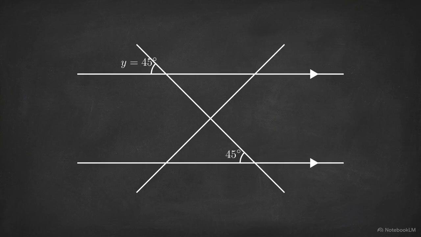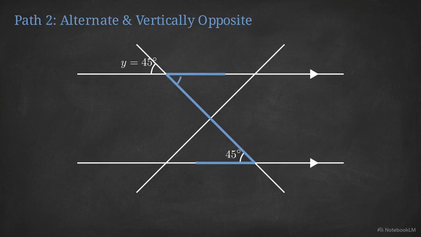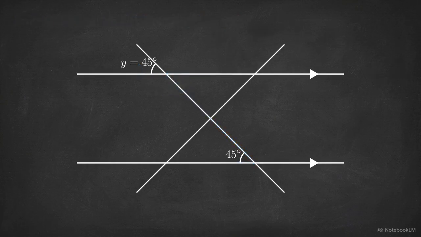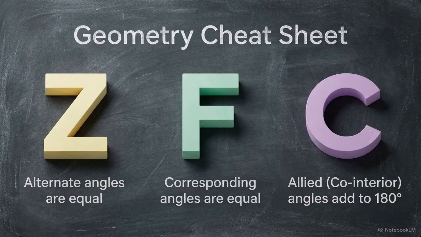Depending on which lines you focused on, there are several different logical paths to reach this result. One path uses an F shape to connect our intermediate angle to angle Y. In this case, you would state that Y is 45 degrees because corresponding angles are equal. You could also use a Z shape to find the alternate angle first. From there, you would identify angle Y as 45 degrees because vertically opposite angles are equal. Both methods are valid. The key is ensuring your written justification accurately reflects the specific geometric rules you use to